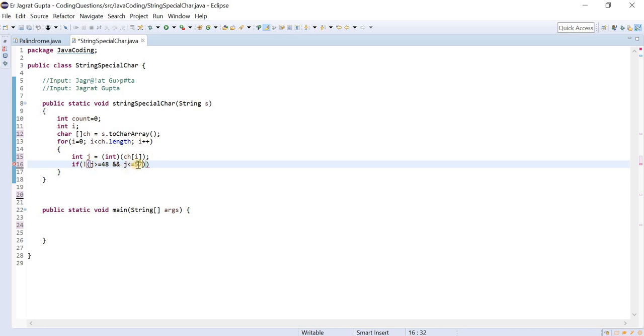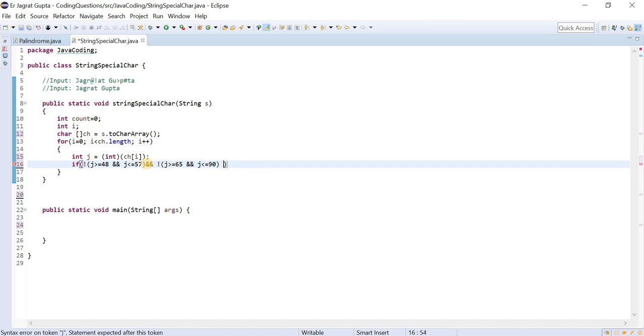So this is the first thing. Okay, so this is for numeric, and is not is equal to j. Now I am going to cover the capital letters. Okay, so capital letters lie from 65 to 90. So j is greater than or equal to 65, and j is less than or equal to 90, like this.